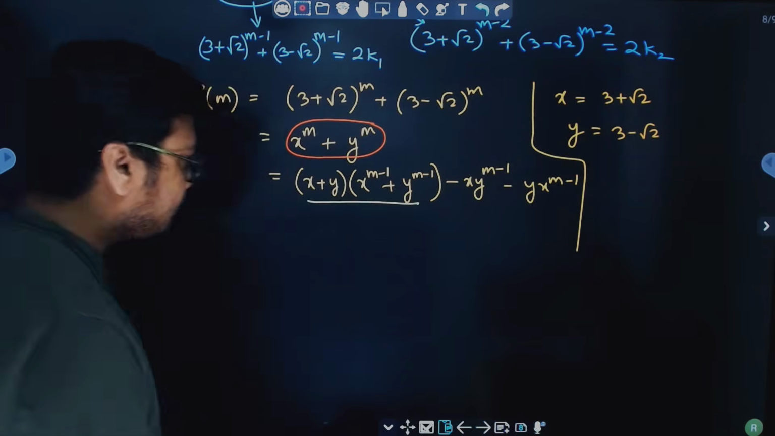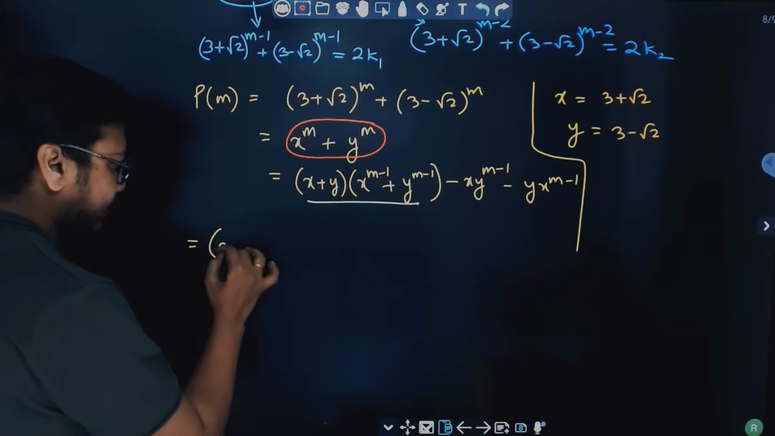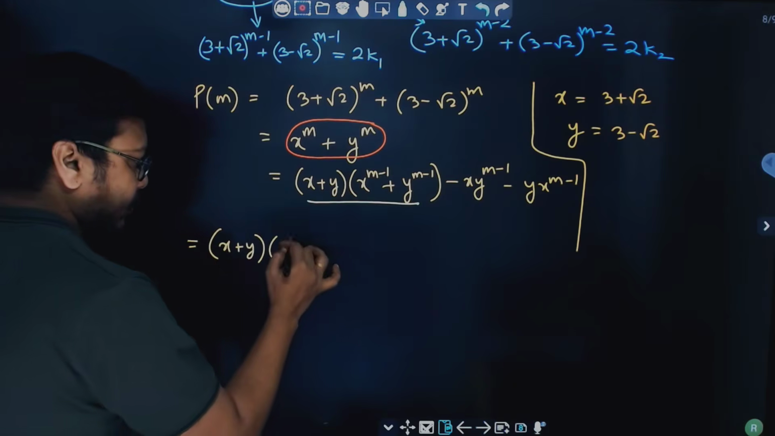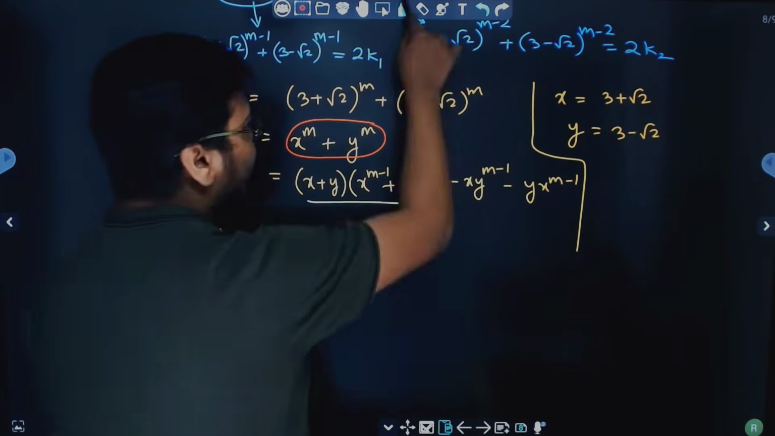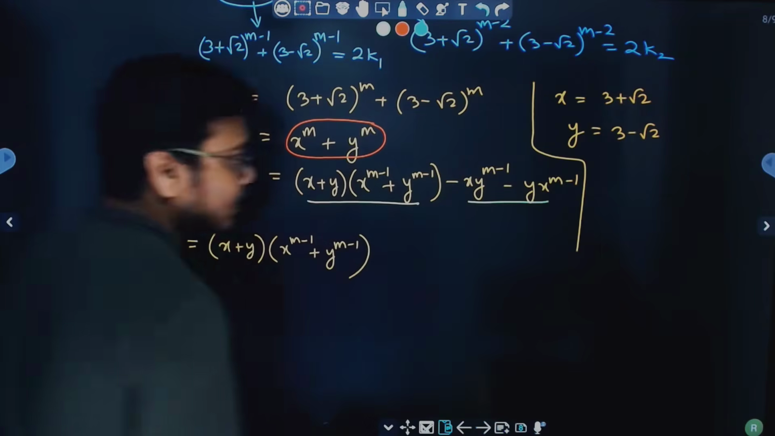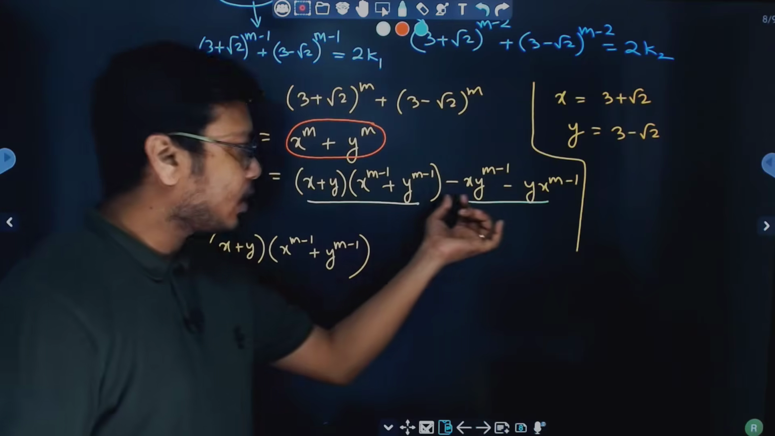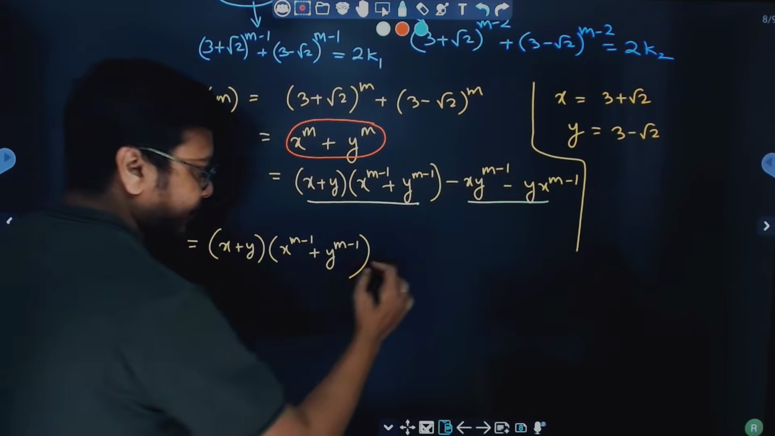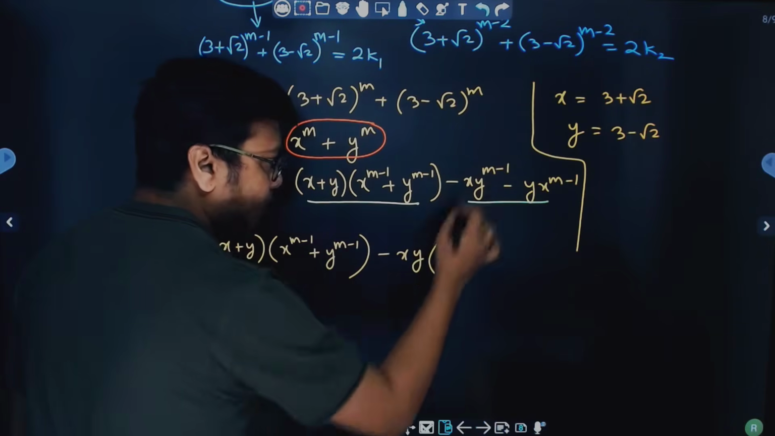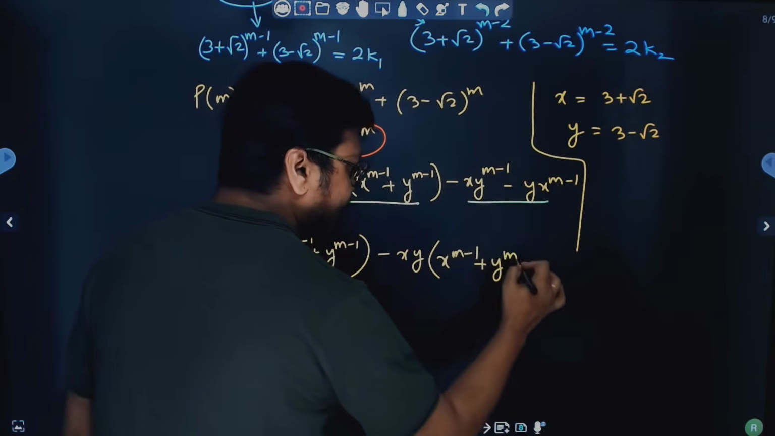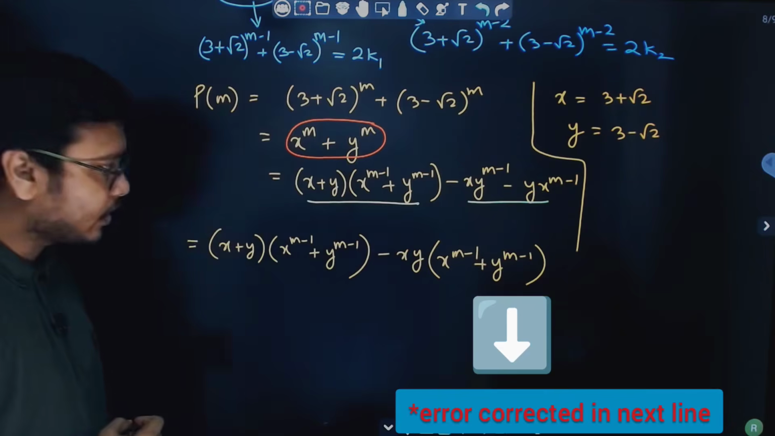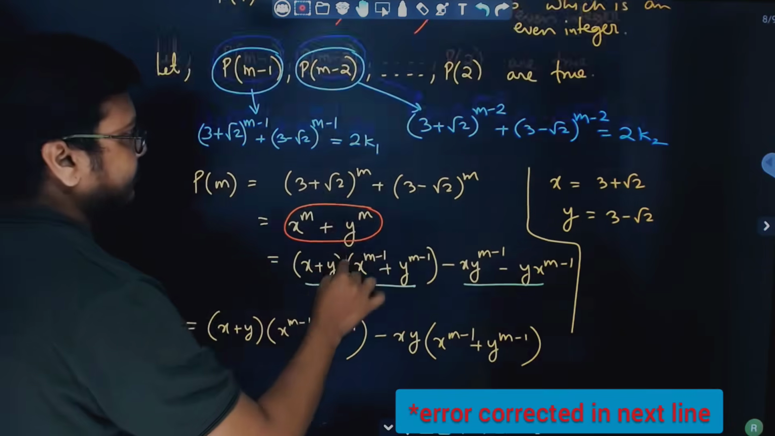Now what is the benefit of this? Let's see what's the benefit we can get out of this. Let's see how much can I take common from these two terms. I can take the product xy common from here. So if I take the product xy common, I should be having x to the power m minus 1 plus y to the power m minus 1. Okay, now recollect that